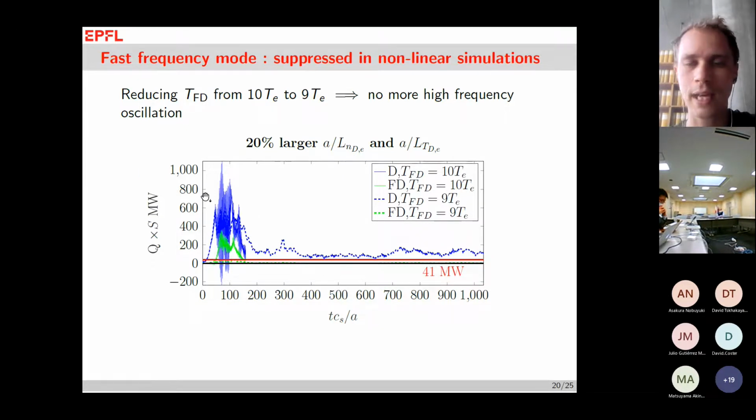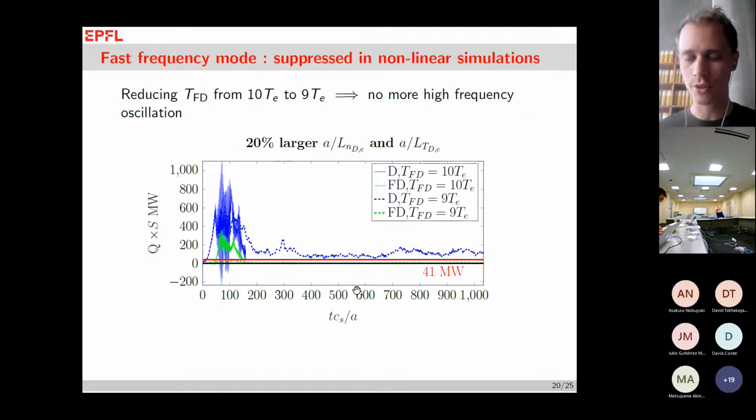So what I just show here is again the time trace of the heat flux for main ions and the fast ions. We start off with the nominal parameters giving this very high oscillation. However, if we slightly lower the fast ion temperature, so from 10 to 9, we get rid of this oscillation and get something that we can actually simulate. Now we believe that, okay, we found a case that is reasonably close to the heat flux that we want. And the next step would be to carry out a convergence study for this. However, it turns out that even though we are at a larger heat flux, we are still very close to the critical gradients, making it very complicated to carry out our resolution studies.